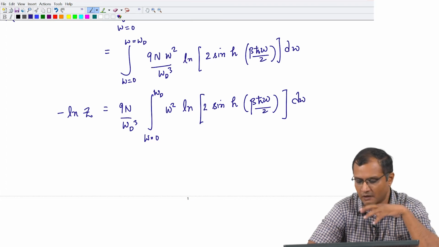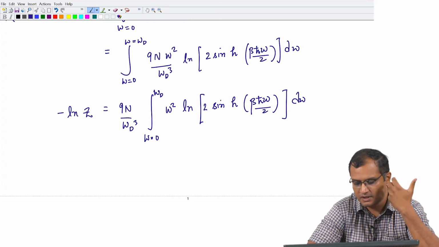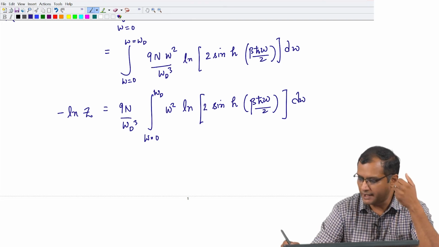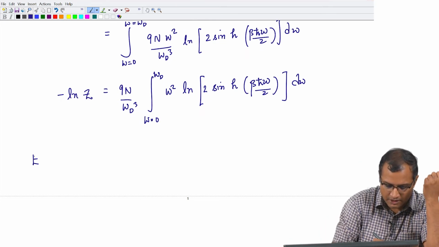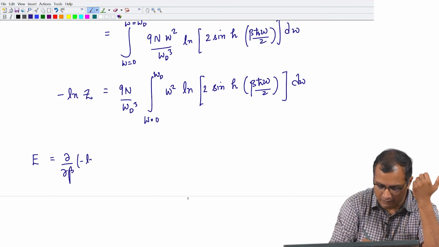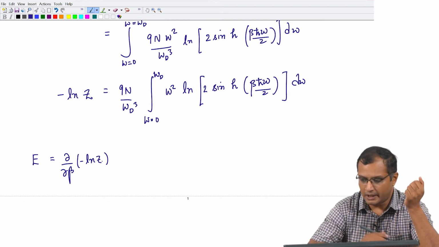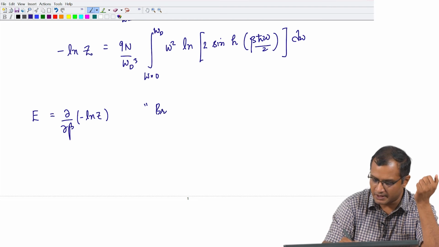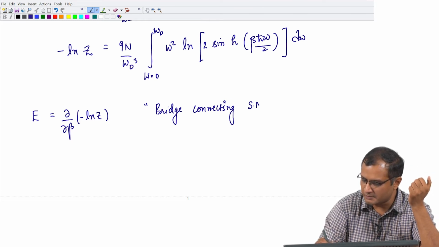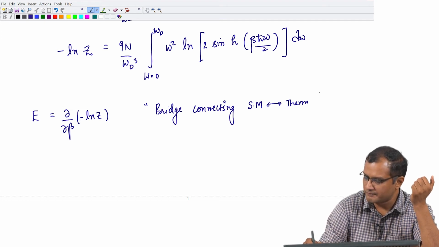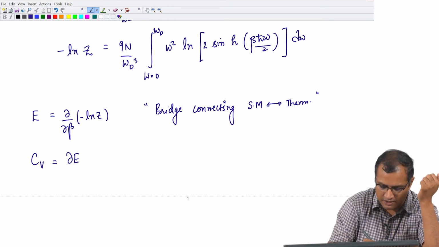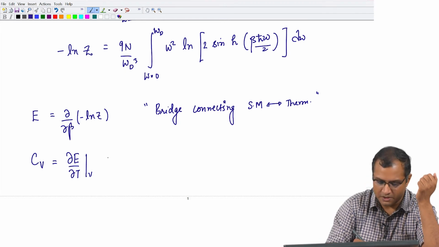Okay. So, instead of solving this integral, which is not simple or straightforward, because you can't do integration by parts straight away, why not take the derivatives, because this is an integral on frequency. I know for sure that my internal energy can be computed from the partition function by simply invoking this derivative. Okay. And from the internal energy, so I know this is from the bridge connecting statistical mechanics to thermodynamics. Okay. So, I also know that my heat capacity at constant volume is dE by dT at constant volume, which means I can write this